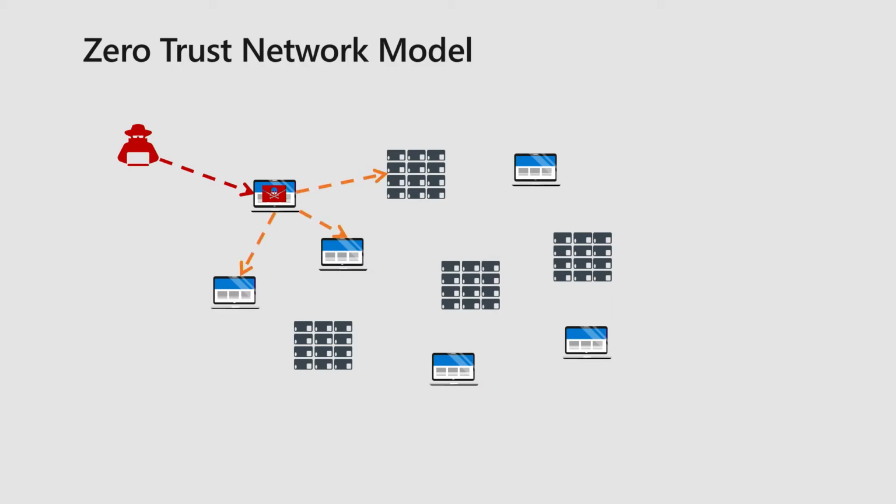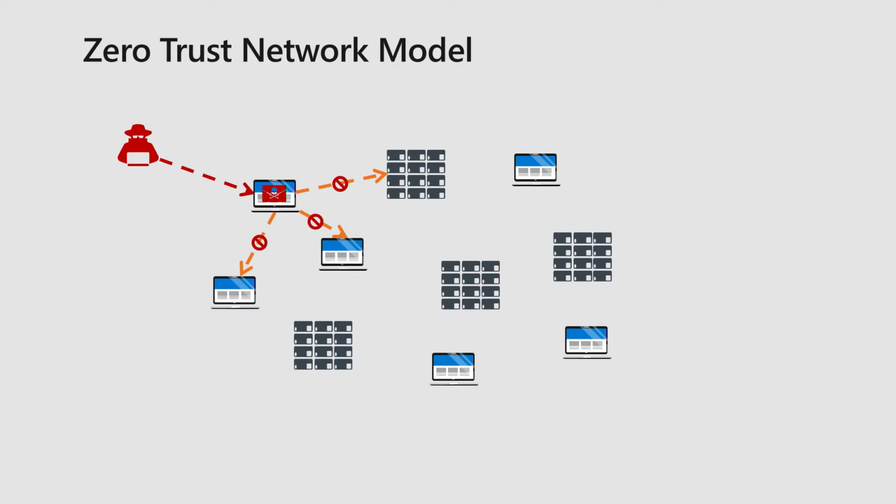Yes, that initial endpoint gets popped, but when the attacker goes to look for other trust relationships, one of two things is going to happen. One, those are completely cut off, or two, the enterprise is going to force a device policy that says there are no detections that would be indicated by this attack, and the user identity is healthy. So in those cases, we'd essentially stop the breach, because as soon as the device integrity goes low, it's game over. We shut off access to that device and or user.